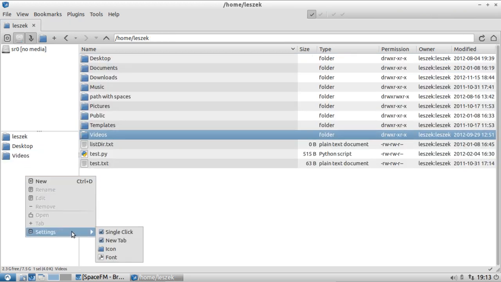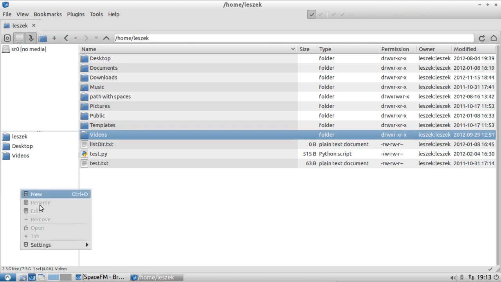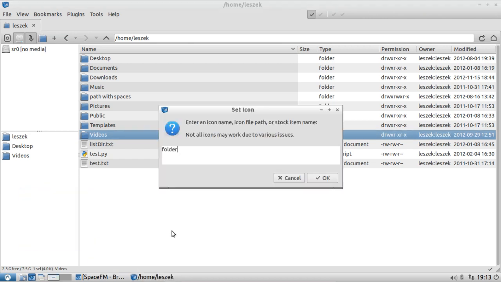I can set the icon, by the way. So if I don't like this icon, I can set another icon here. Just enter the name of the icon in, which is basically in your icon theme path. In this case, I just set it to folder just to look good, but you can set it to whatever you like. In this case, you cannot set different icons for the different folders. This is perhaps a little bit of a limitation for this feature, but it's pretty nice because normally you don't have such a feature to set the icon of the